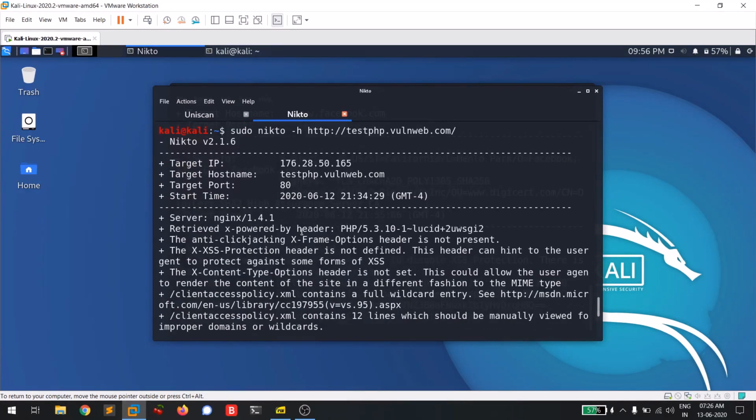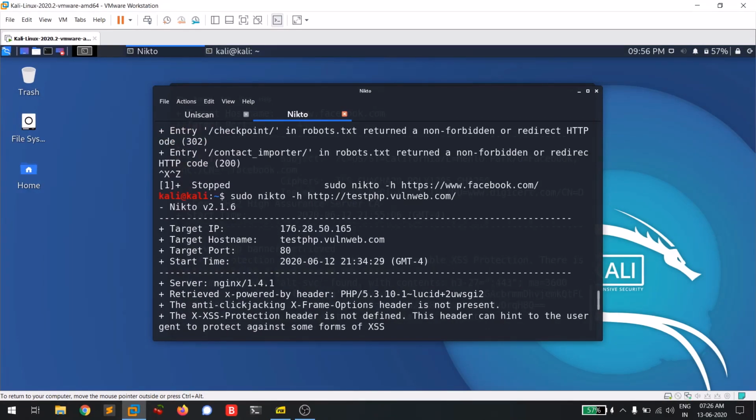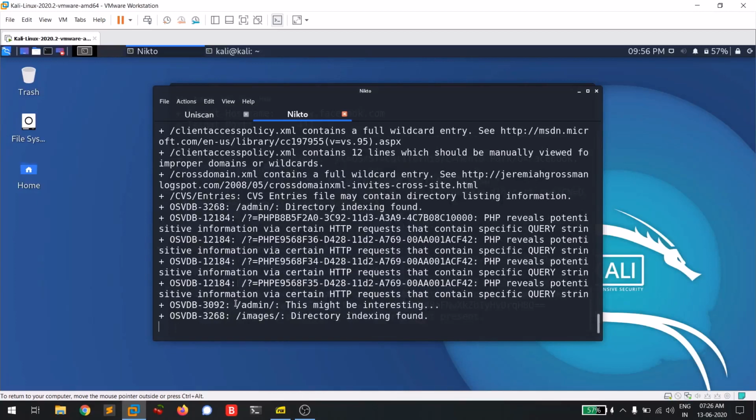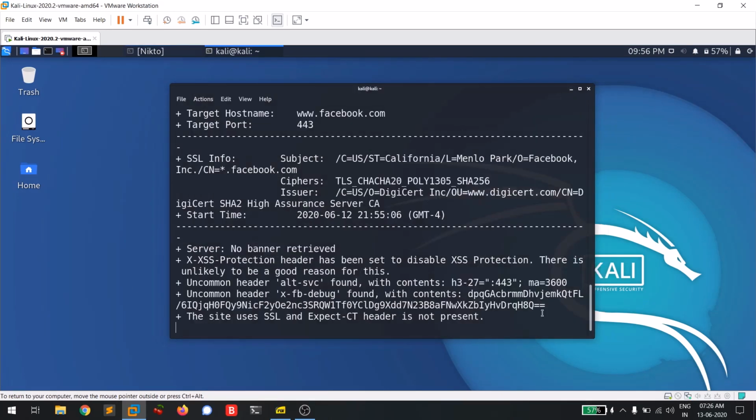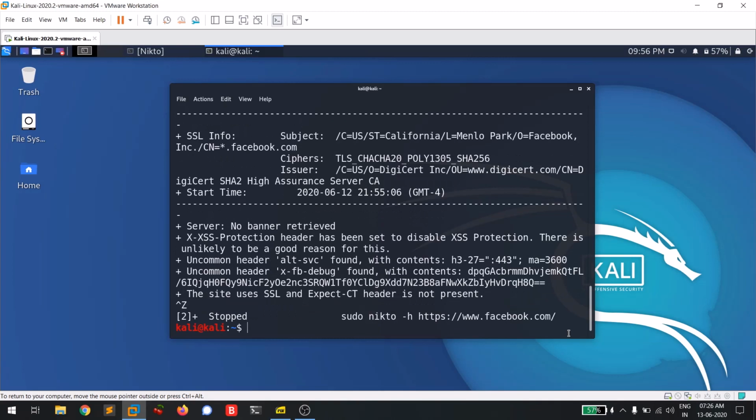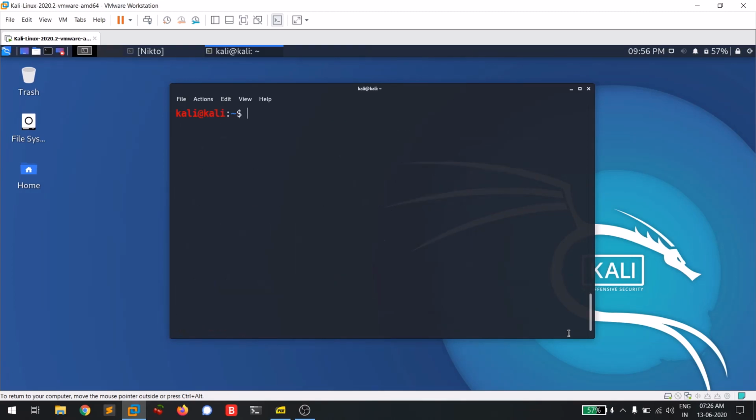Even I kept this running for half an hour, and it hasn't completed the scan till now. So you need to have some patience while running this scanner. I'm going to stop the scan right now and press Control L to clear the screen. So guys, now let's discuss the second and the best vulnerability scanner that is available in Kali Linux,